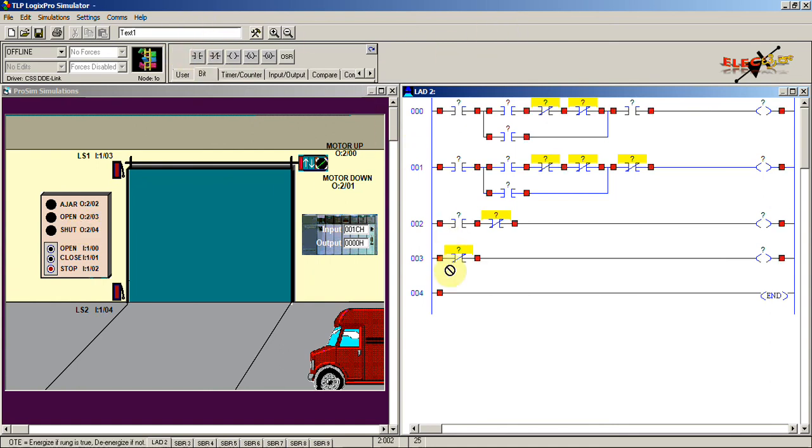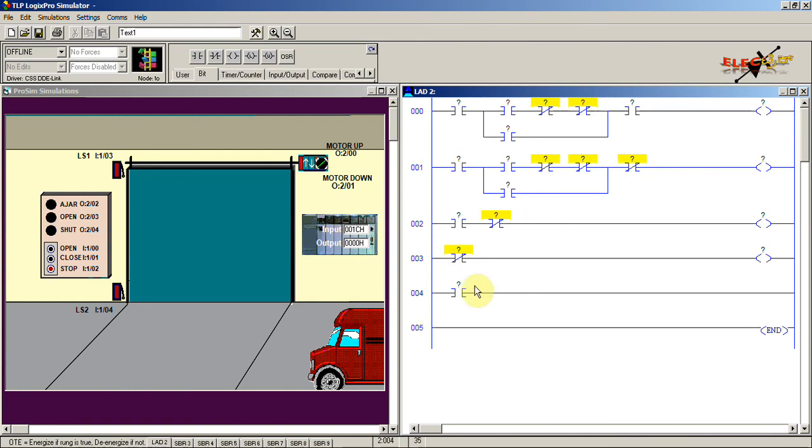For that we will use this examine if closed instruction, and then an output energize instruction to indicate this door closed, or door shut. So now we will go for the addressing of these instructions. In rung 0 the first instruction is the stop push button. I'll take this address and place it here, and then this one is the up push button.